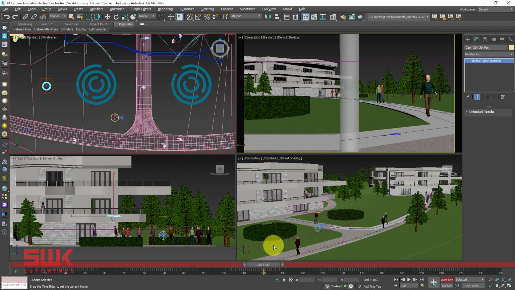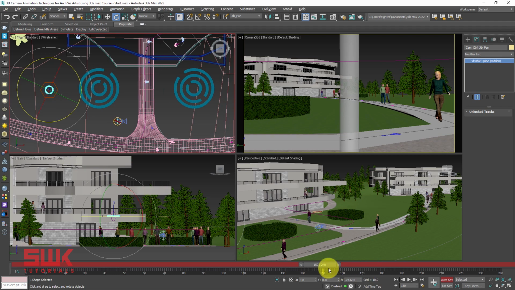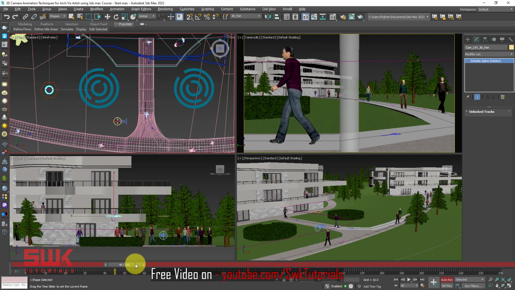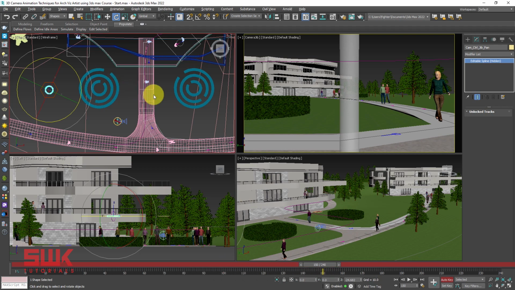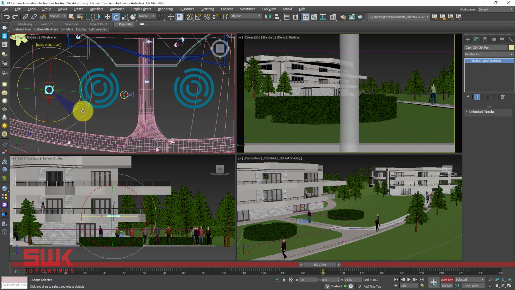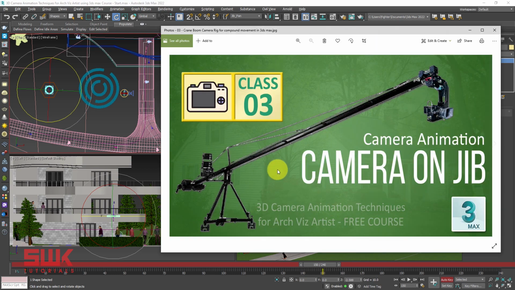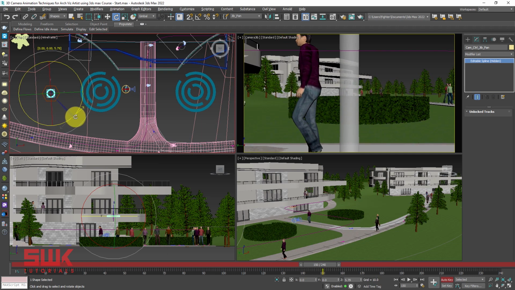Something like this, and decide till where you want to follow the character. Let's say I want to follow the character somewhere like this, till here. You can see this character is moving from here till here. I will just go like this, and when it's somewhere here, I like it. So then I will left click here and I will start rotating my camera. Again, make sure you're using the pen control, this control, and come here till like this.